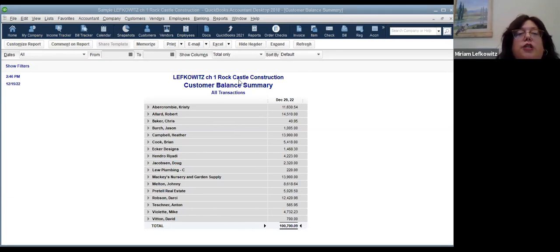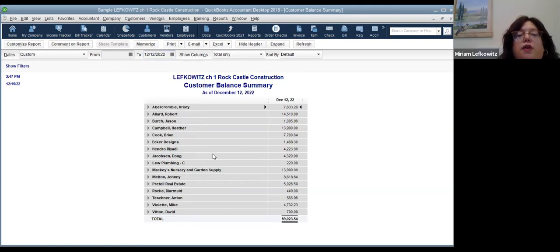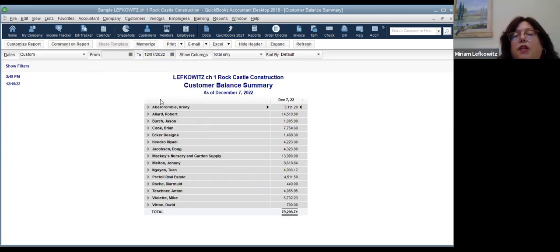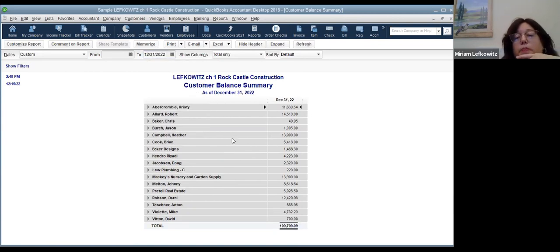If I change the date, I want you to understand that it's very, very sensitive to date. If I say by December 15 or 14 or 12, you see it changes to 89. If it's by December 7, it might be even lower. So you really want to do it until the end of the month. That's your balance,